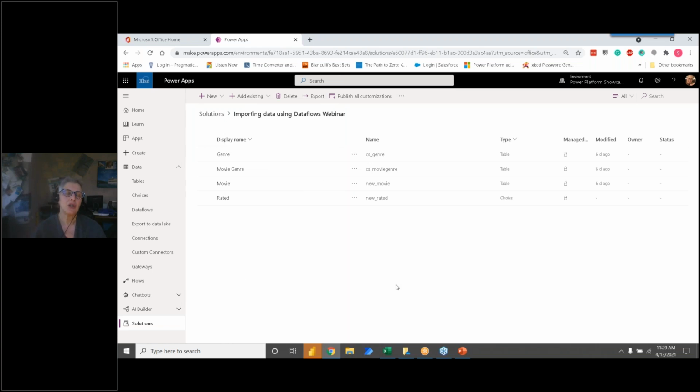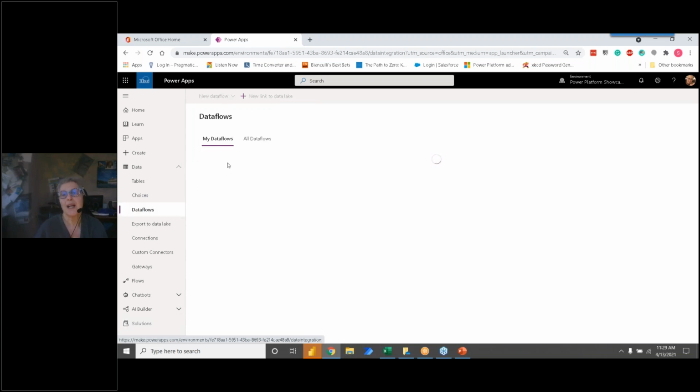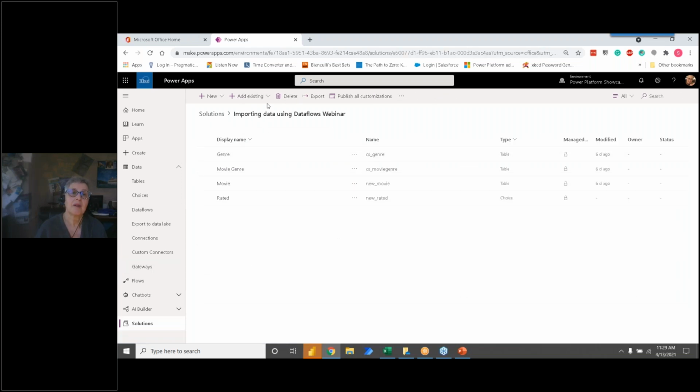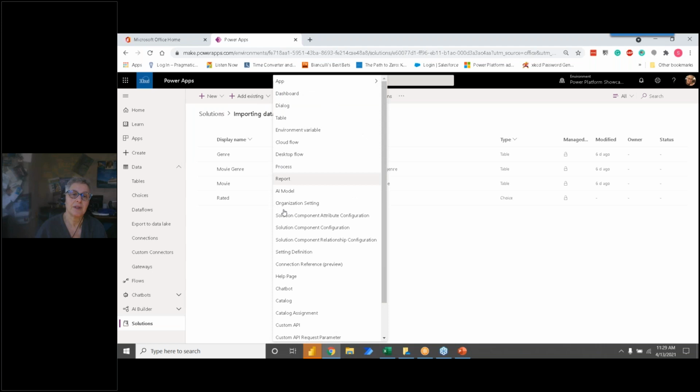But this is relatively new functionality, and I just want you to know it doesn't work. You can't create a data flow inside of your solution. What you have to do is go to the data flow page, create the data flow, and then go back to your solution and bring in an existing data flow. That's the only way I've been able to get it to work.